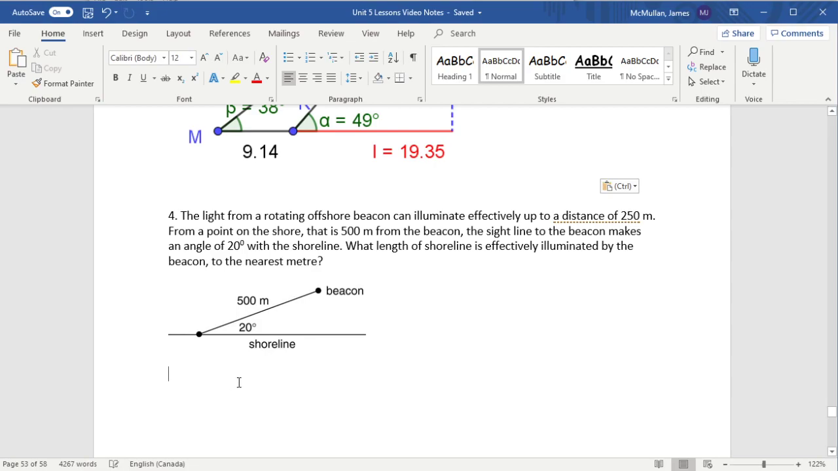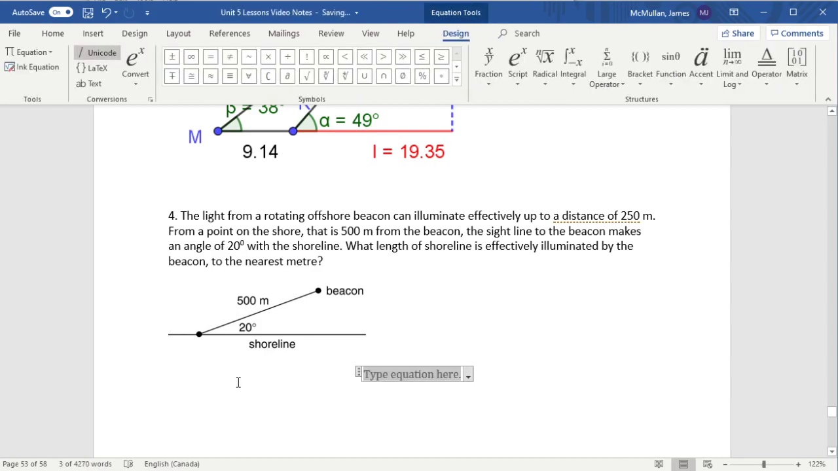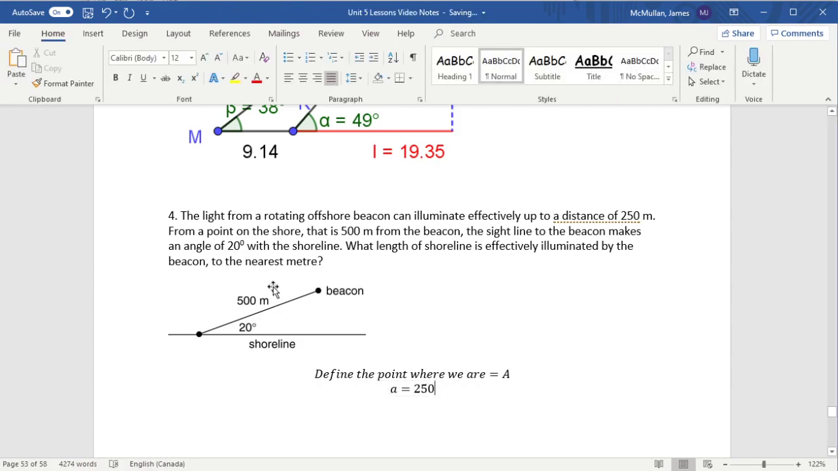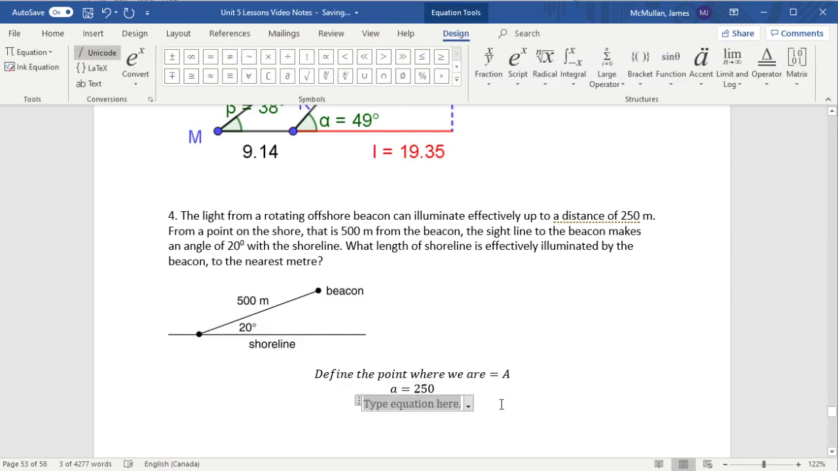So let's go ahead and work on this question. So we know that, let's define the point where we are equals A. That means lowercase a is 250 because the 250 would be the side, the light that's being emitted from the beacon. Okay, so again, one triangle will point over in this direction. One triangle will point towards us. But in either case, a is 250. We'll define b to be the distance to the lighthouse, which is 500, and then we'll do our usual thing. b sine A. What is b sine A here? 500 times sine of 20,